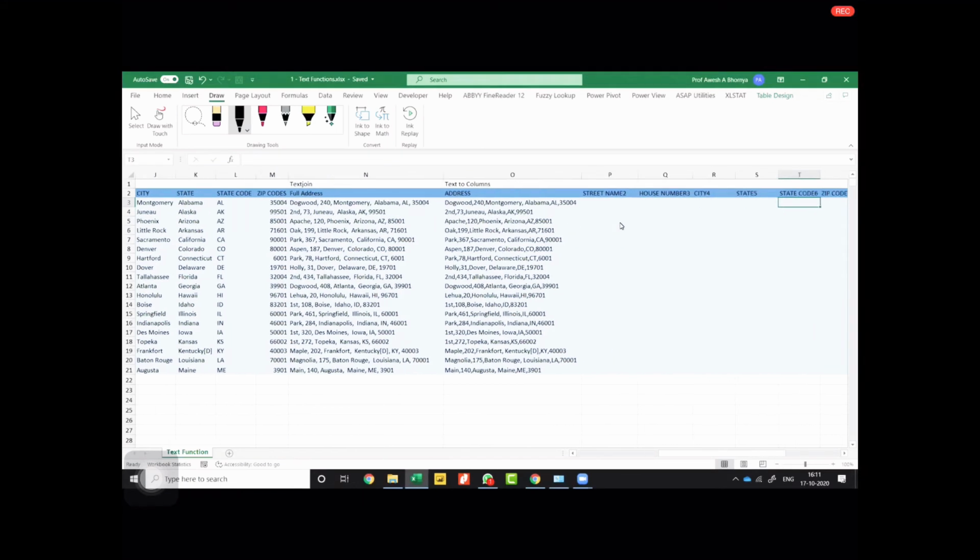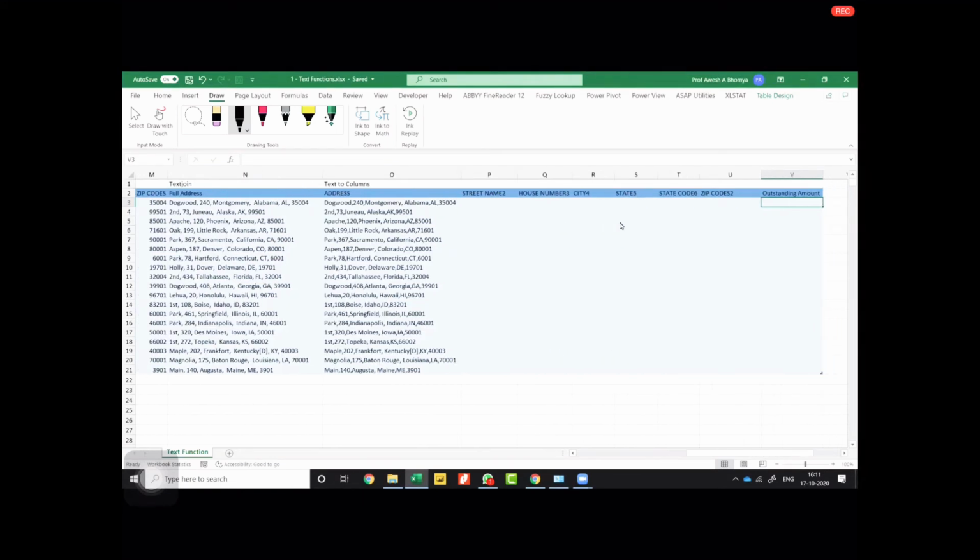So we want the original elements now. The biggest problem here is that Excel does not have any dynamic way of doing this. That means if I add a new entry to my data, whatever we did till now will automatically and dynamically calculate the values for you. But text to columns is not a dynamic feature. That means I have to apply it every time a new row of data is added to my data. So let me show you how it's done.